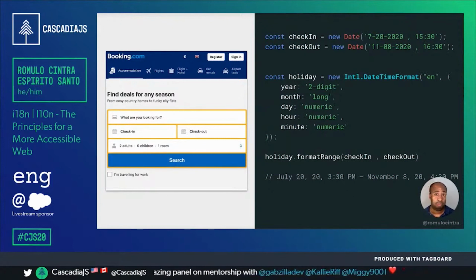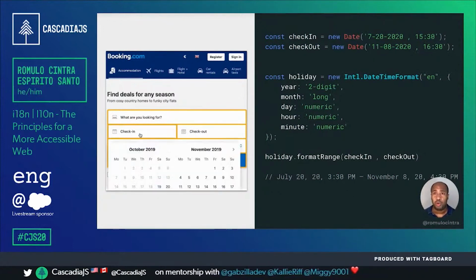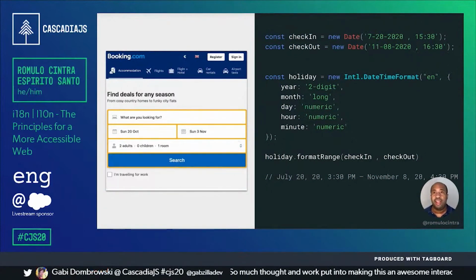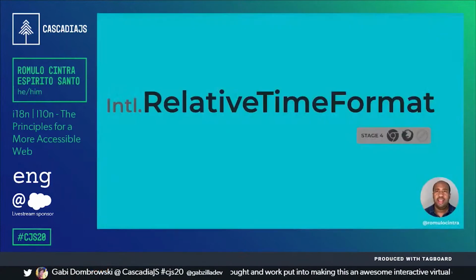This is useful for this use case when you need to book a trip, or any other case that you need to have a relation between one date and another in a range. Relative time format is also stage 4 and is one of the most complex ones because we already had it